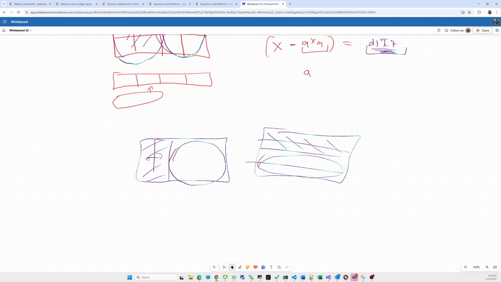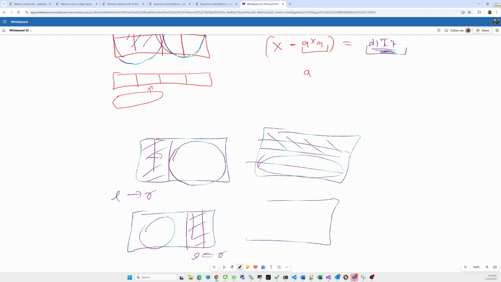Now we have to cover two conditions. Suppose we are checking horizontally from left to right. Now we have to check from right to left, in this way. Similarly, we have to check this in both cases, bottom to top.